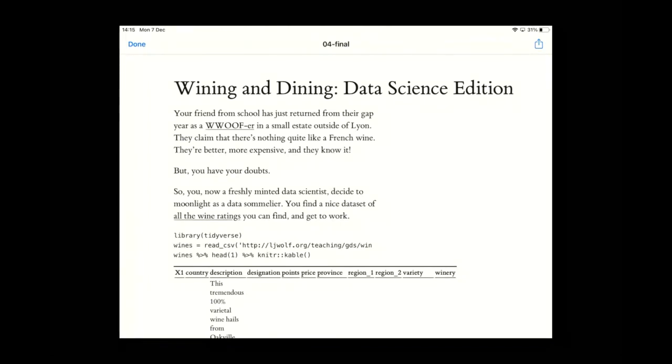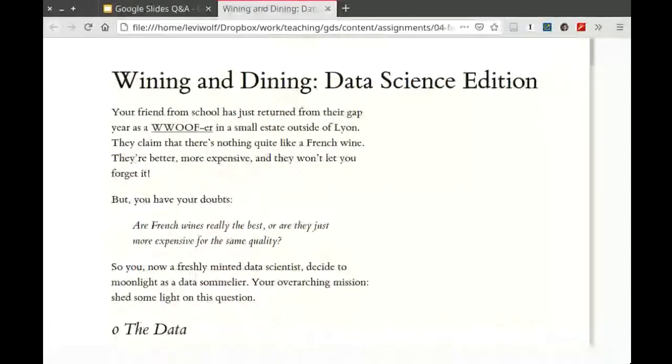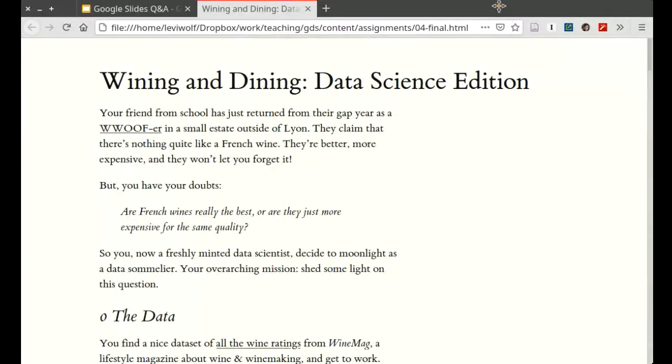Yes, here we go. Okay, so I'd just like to share this real quick because there's a little bit different of a thing. I made it more clear in this draft. Can everybody see this question? Are French wines really the best, or are they just more expensive for the same quality?